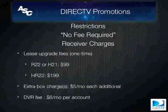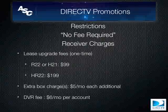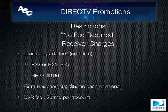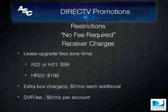And talk about receiver charges. Again, we're still talking about Directv Promotions, restrictions, no fee required customer. All right, lease upgrade fees. These one-time fees are applied to accounts where the customer gets certain what we will call lease upgrade receivers or advanced receivers. And basically, an advanced receiver is anything but a D12. A D12 is that